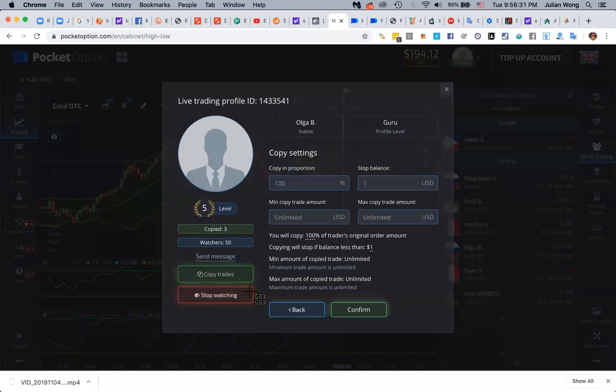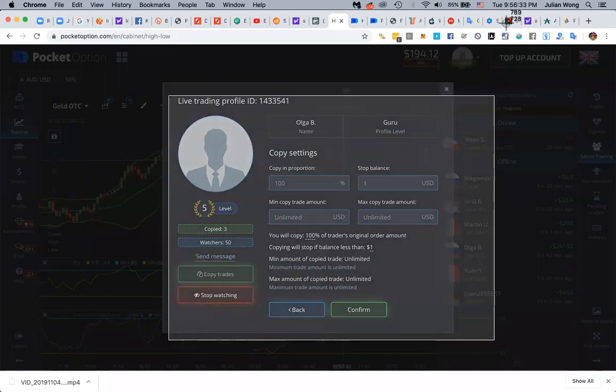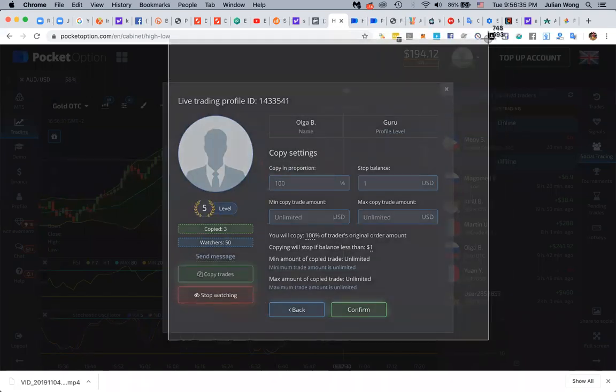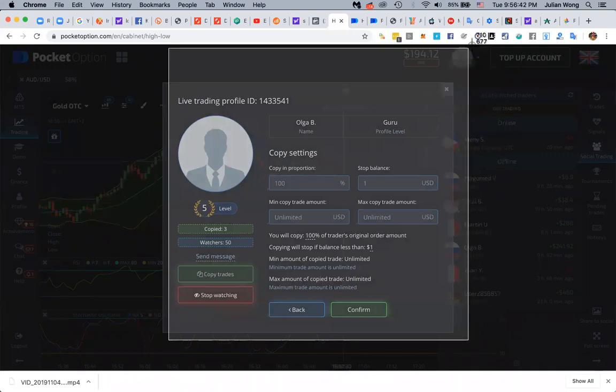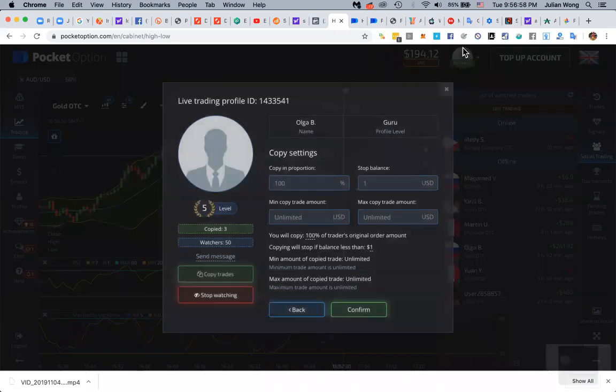I want you to make sure you can see the whole thing. I want to be able to see your account balance. Otherwise, I cannot advise you. And I want you to let me know how much you want to risk per trade. Then we will calculate it based on the person's trading behavior. So do that for me. When you set up your accounts, then go ahead and do the deposit.